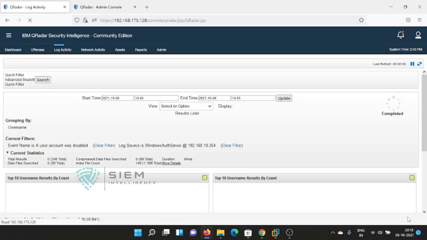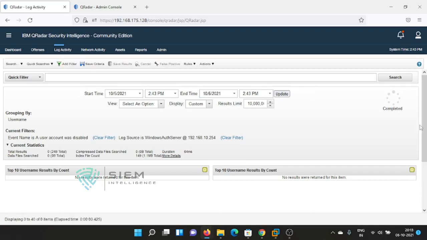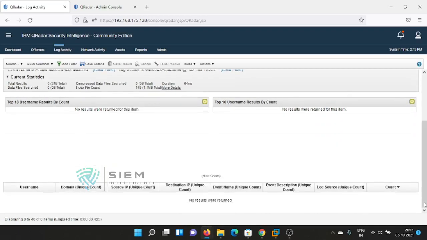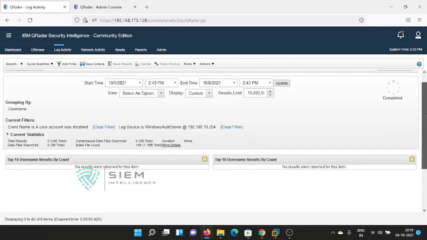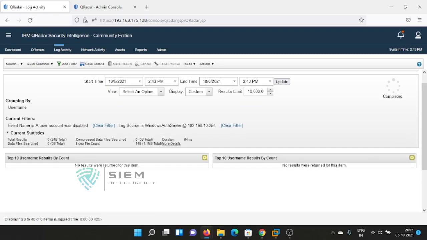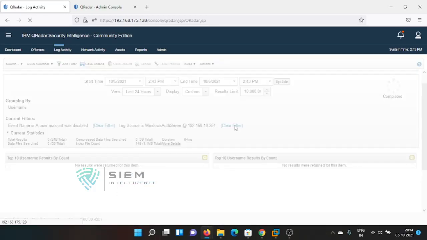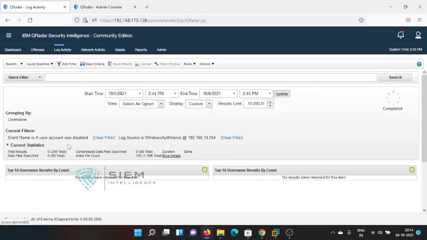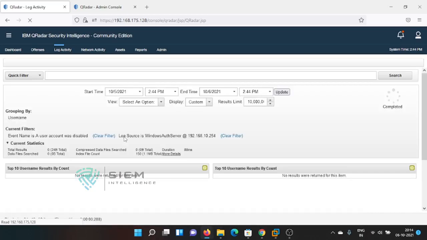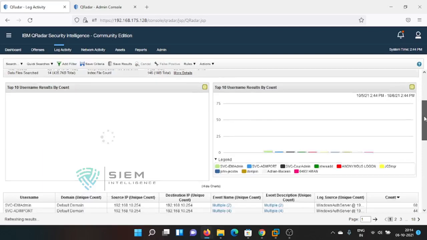Now I have changed so many things, so the result will be different. See, it will give username, domain name. So it is not giving any result. Why? Because I have not searched properly. Or you can say, last 24 hours. I think this may be an issue, or that particular thing was not properly selected. This is an issue actually. Okay. So you will get some data at least.